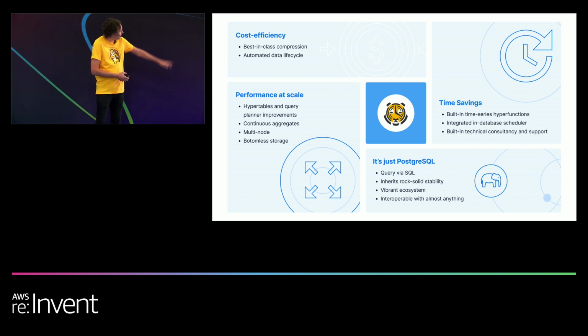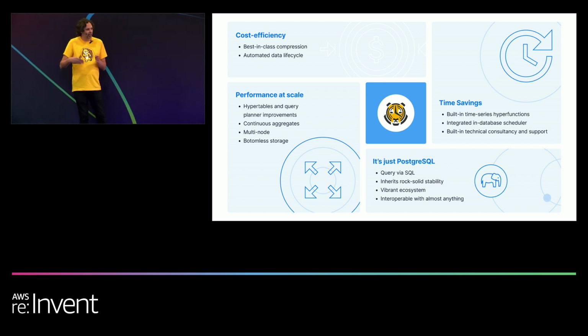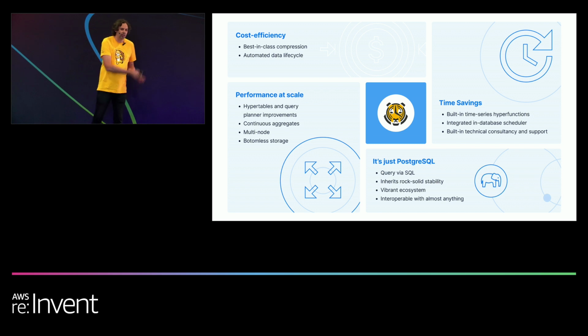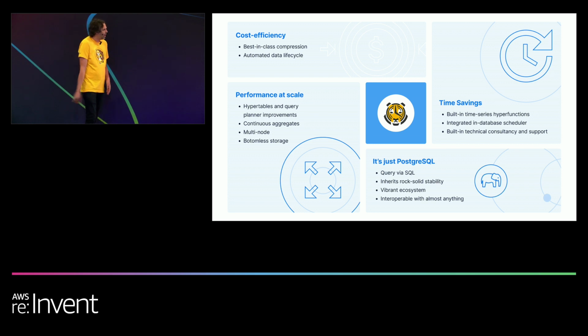We also have a feature called continuous aggregates. So that allows you to have a query and then run that query once, get the results of that query, and then use it like an incremental materialized view. So you're updating that query over time in the background, and then you can query that in real time. So if you've got a query that's taking a long time to run, you can materialize that query and have the benefit of it running almost instantaneously. It might normally take minutes, it might normally take hours. You can get the response in milliseconds.